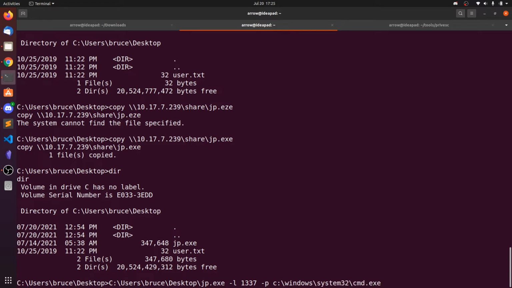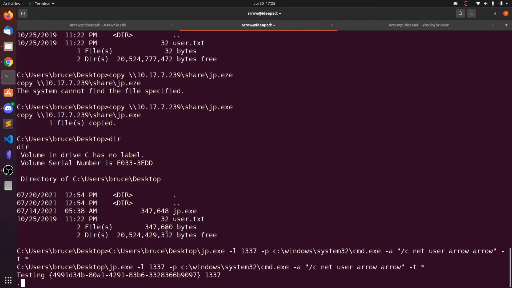We want to execute cmd.exe with the highest privileges, and then the arguments to execute this command: net user. Let's create a new user named arrow, and the password is also arrow, so that we don't need to remember everything. So the username is arrow and the password is arrow.